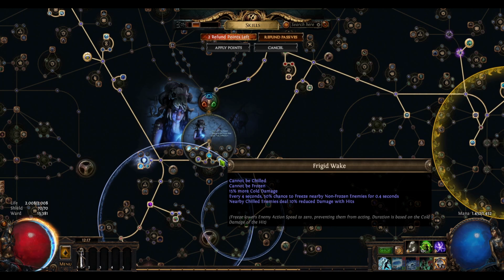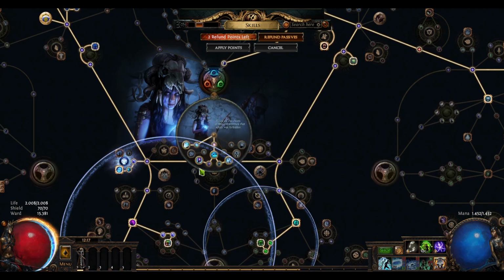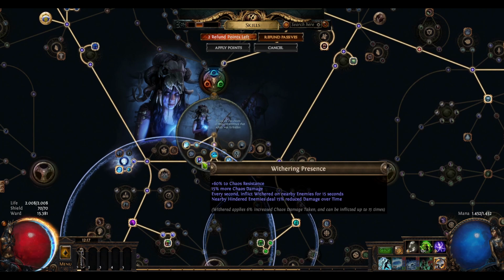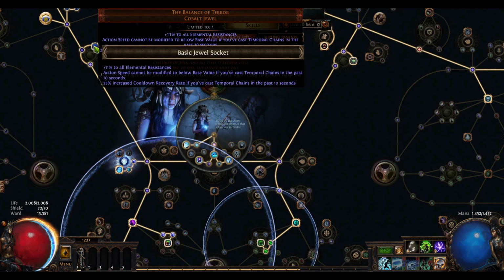It's just 15% more damage because all our damage is cold basically, and every 4 seconds we have a 50% chance to freeze nearby non-frozen enemies for 0.4 seconds. So it's a really nice defensive layer, and nearby chilled enemies also deal 10% reduced damage with it, which is also nice to have. And we can also make use of Withering Presence because we are a poison build, so 15% more damage again. Chaos res, really nice, and we afflict Wither this way because we can't use Balance of Terror with